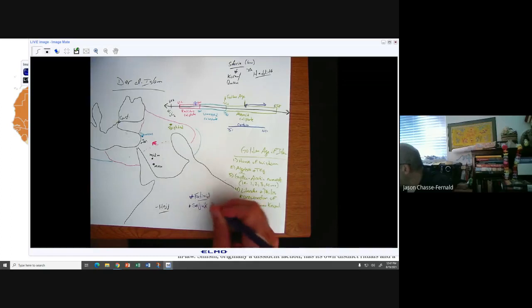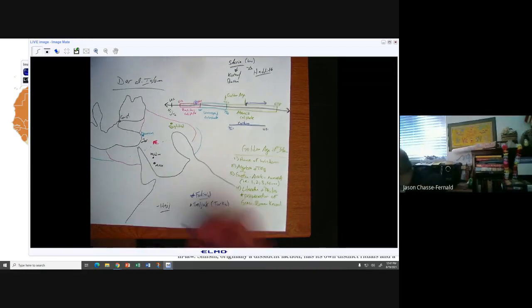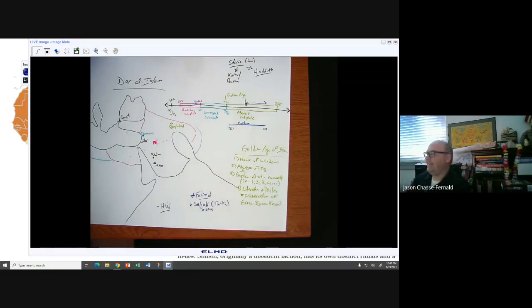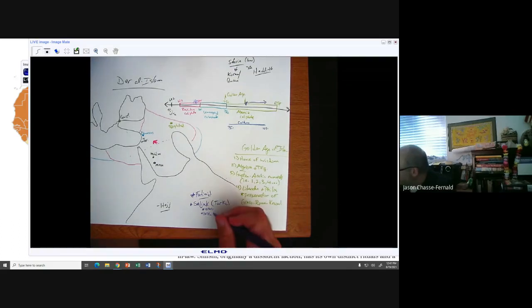Right, the Seljuks are a Turkic group coming down from the Central Asian steppe, and they're really making an appearance in the 1030s. They will sack Baghdad in the 1050s, and I guess the big date for them is 1071. Right, 1071 is the battle of, I might spell this wrong, Manzikert.